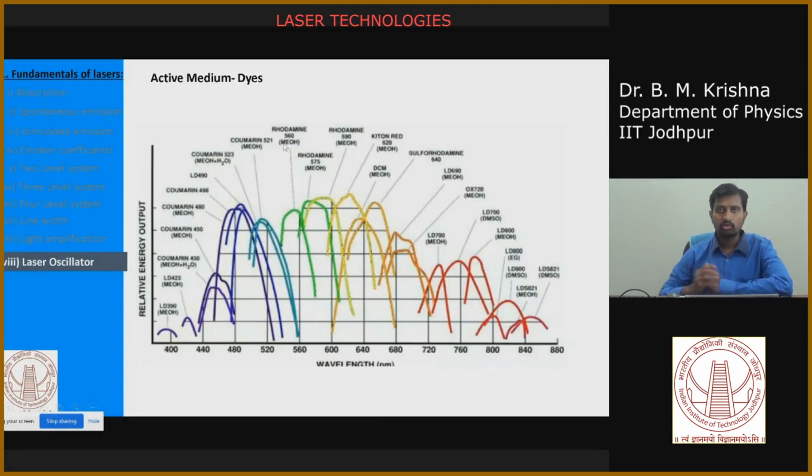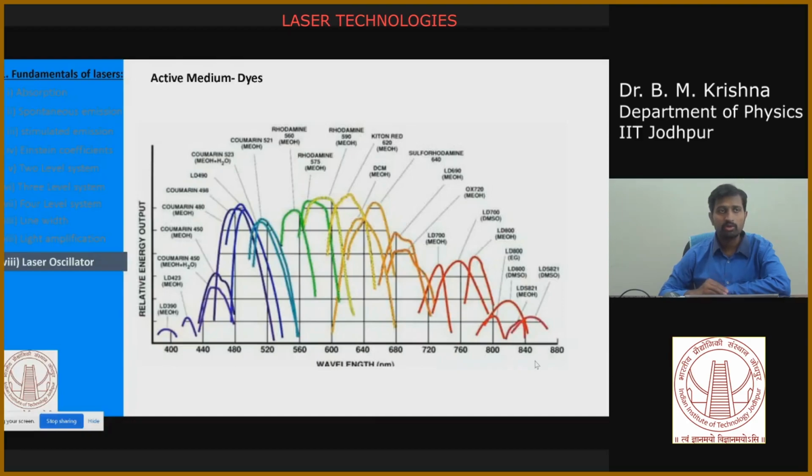So you have to make a proper compartment to place your dye. Your dye is continuously flowed through the system, so that the dye absorption will not be depleted and you always have unexcited atoms that you can excite to excited states. Your dyes cover a wide range. You can see all the visible spectrum from 400 nanometers to 700 nanometers, and even the near IR up to 800 nanometers. We have a wide variety of dyes available in the market.